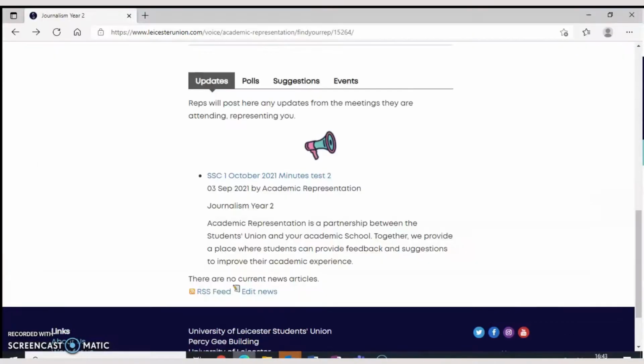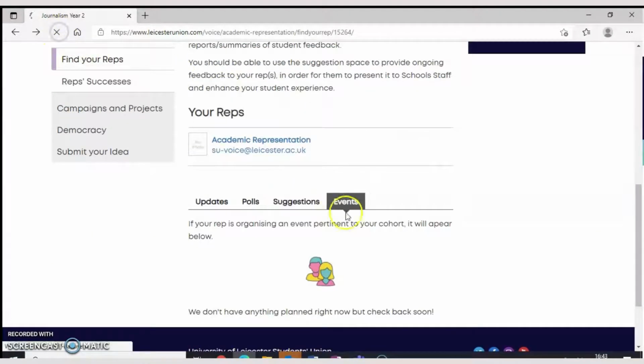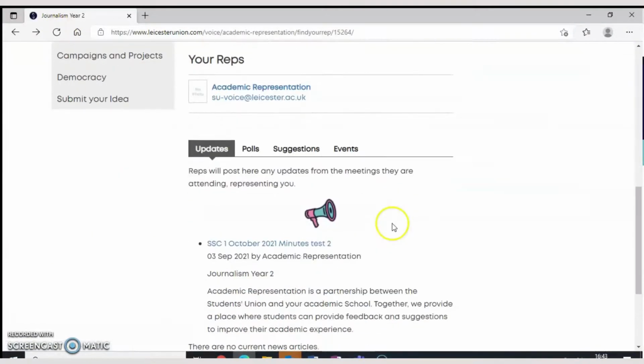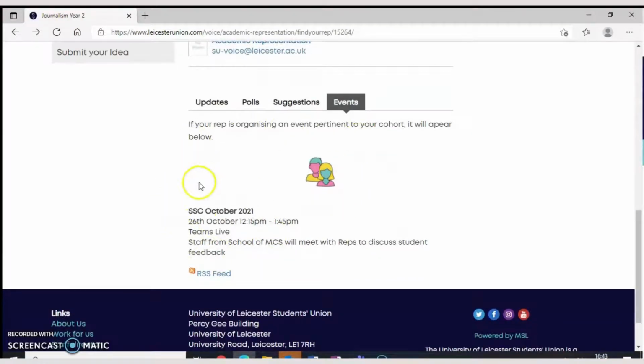you will be able, as a student, to see that it appears in the events section. Let me just give it a refresh. And there you go, it appears: Student Staff Committee taking place live. Staff from school will meet with student reps to discuss feedback.